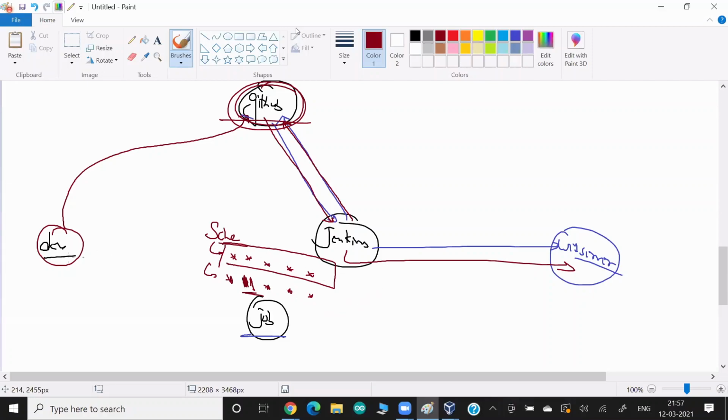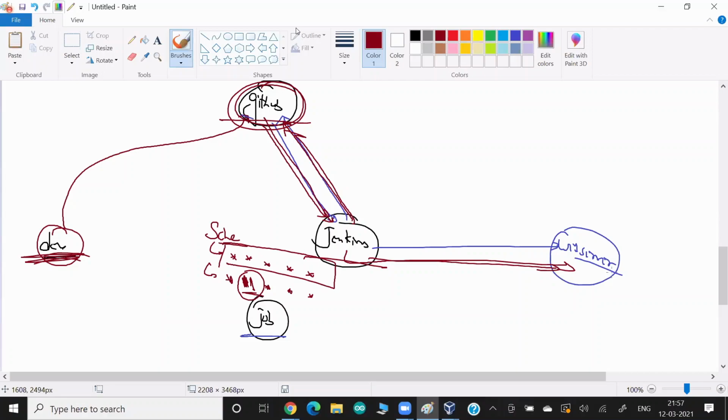Let's say we have planned that the developer always changes the code every day, maybe at morning 10 o'clock. So I tell my Jenkins, at 11 o'clock in the morning, run your job. Whatever the latest code we have, within an hour, download it, run it, and copy it here. But there might be cases that come up